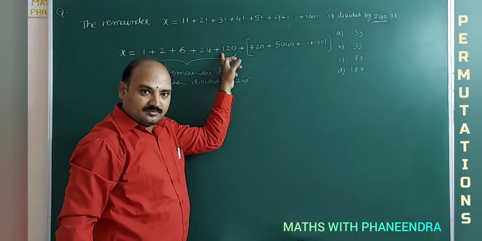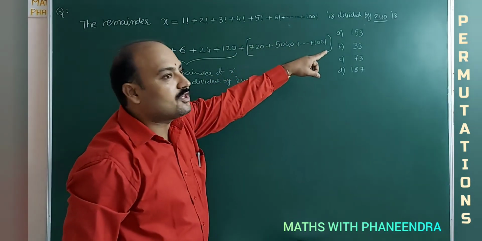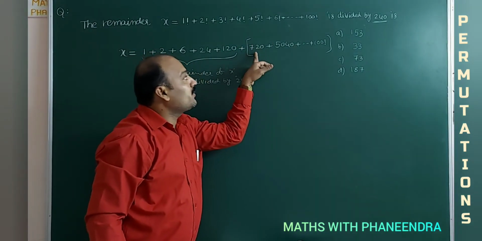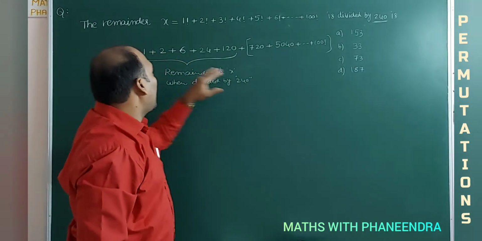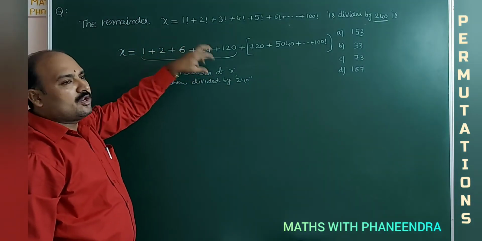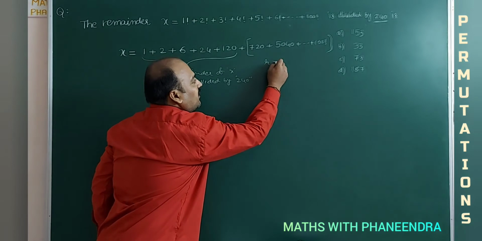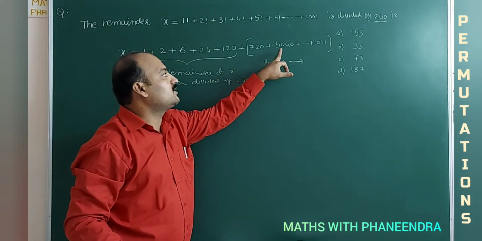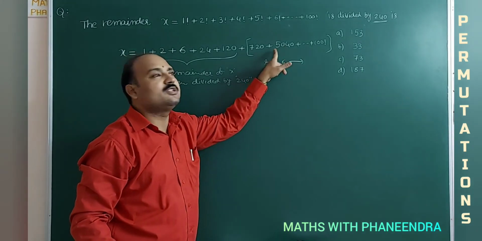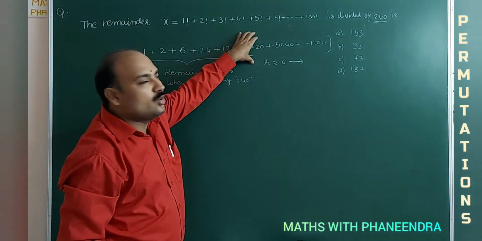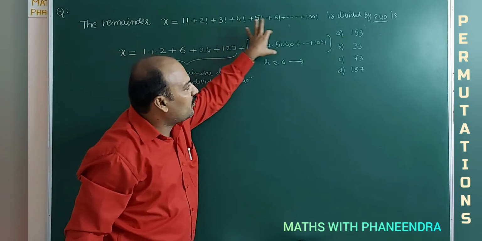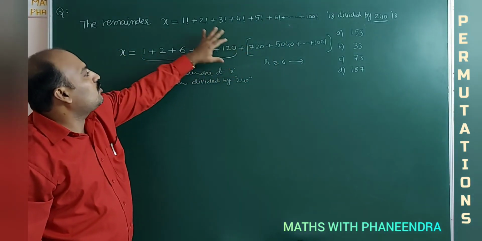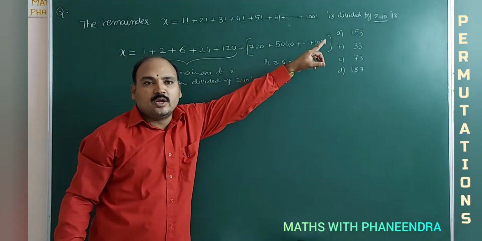Why can't we take from here? The doubt will arise. 240 is more than 120, no? So from 6 factorial onwards, r is equal to 1, 2, 3, 4, like this. When r is greater than or equal to 6, all of them have zeros in the unit place and tens place. So anyway, if you do the sum of all of these, the last two digits will become zeros only. And this value is surely divisible by 240.